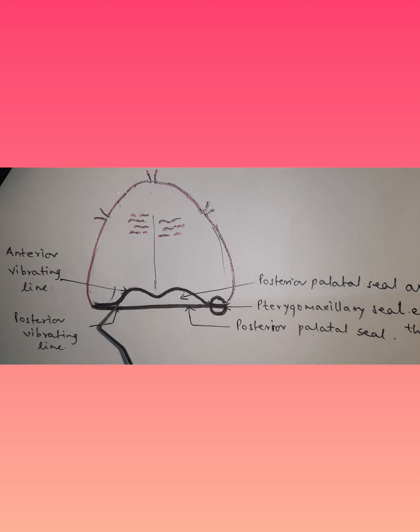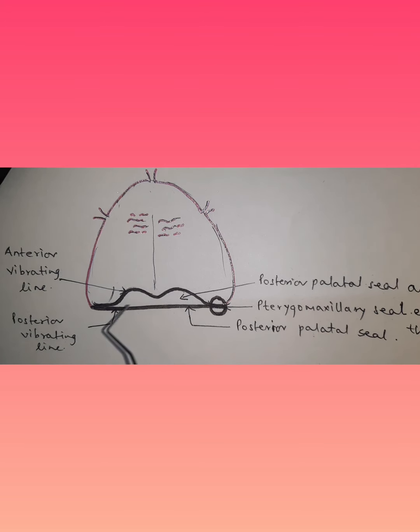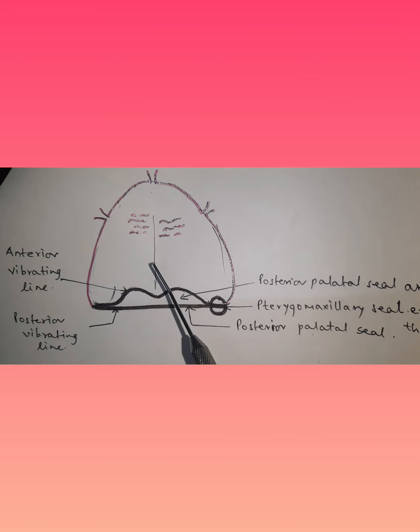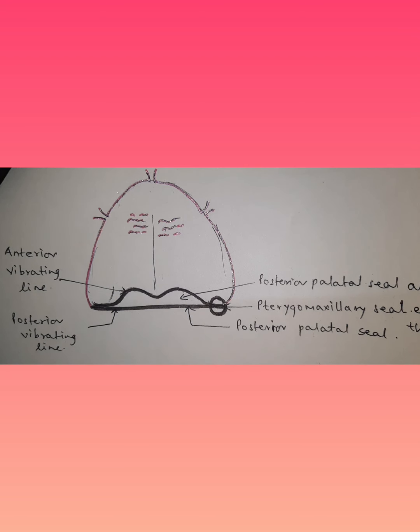So you have slight movable tissues which are adjacent to the soft palate, that is forming the anterior vibrating line, and as you can see here, it is forming a cupid bow. And why is this cupid bow formed? That is because you have an extension of the posterior nasal spine here. That is the reason it is forming this cupid bow shape, and that is how the shape of the anterior vibrating line is.